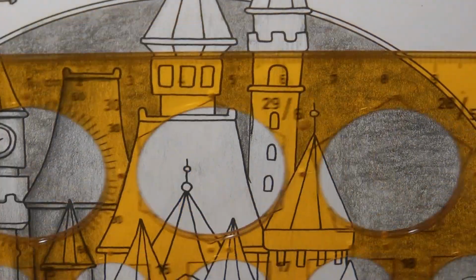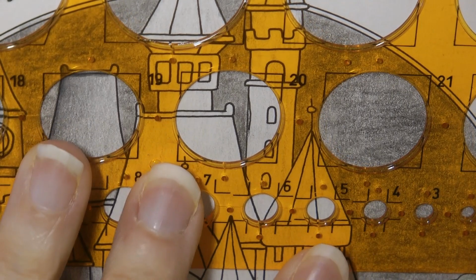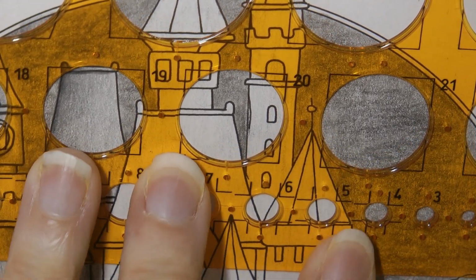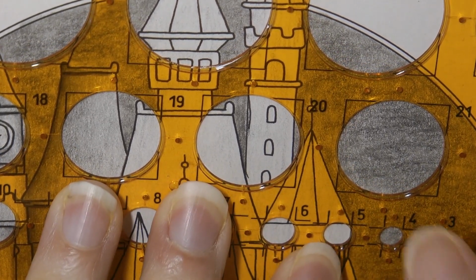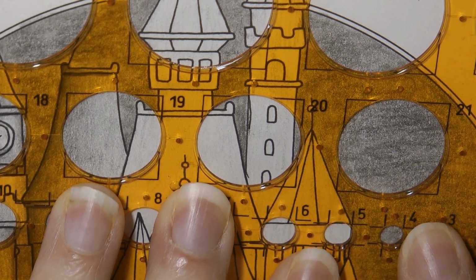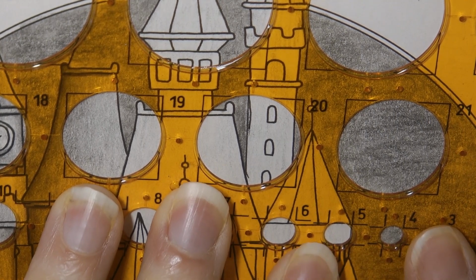So I've got this circle tool, which I've nicked off my husband. He's not here, he won't know. And I'm going to put the moon there. No, there. Okay. Now the background here has already been done in 2 layers of Polychromos, Faber Castell, a warm